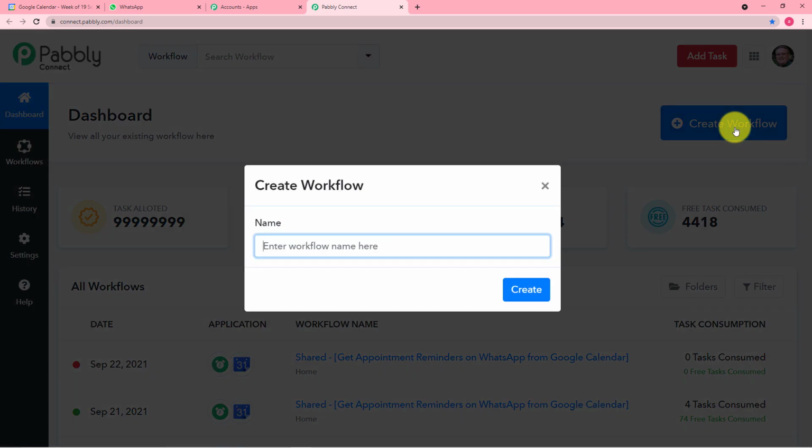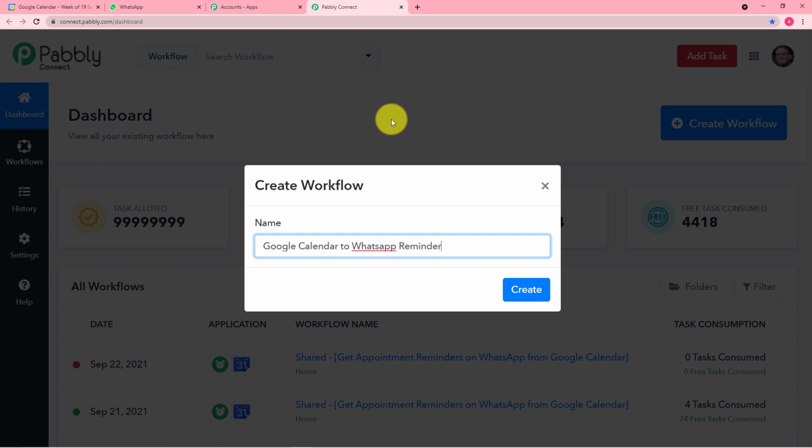So click on it. Then it will ask for a relevant name. You can give it any name. I am now giving it Google Calendar to WhatsApp reminders.